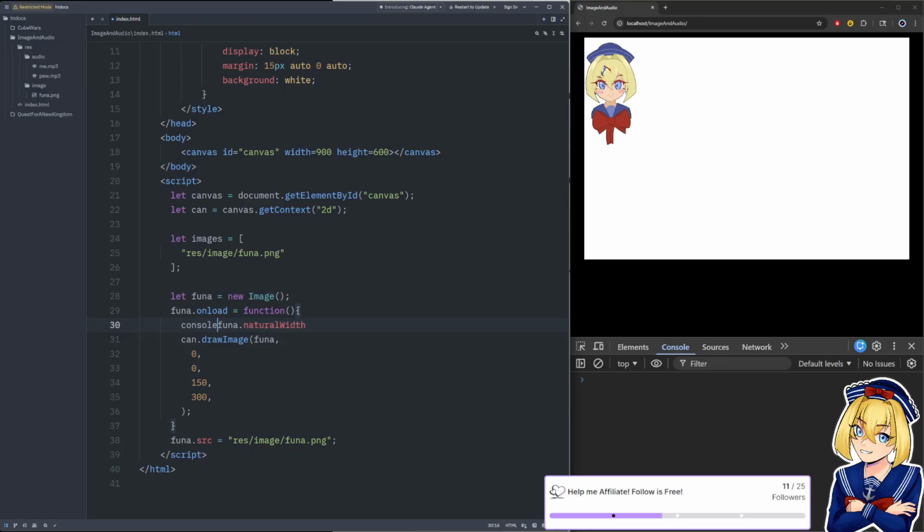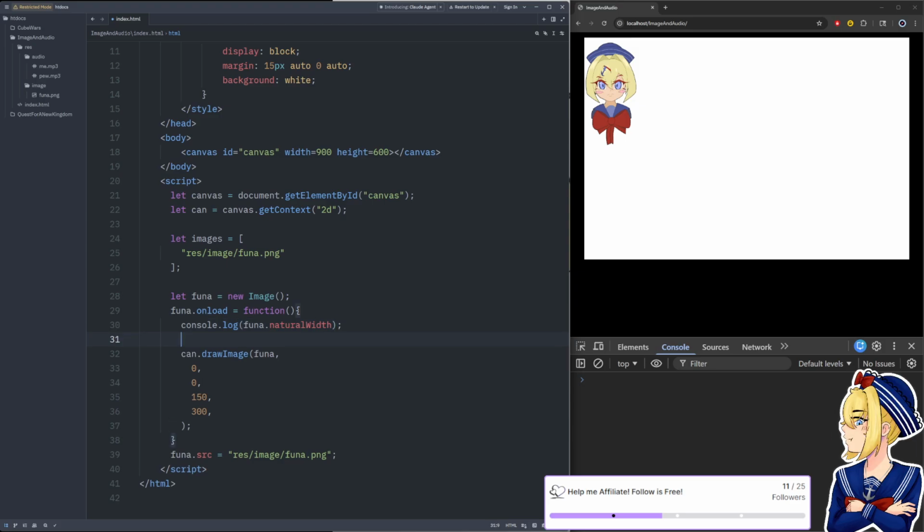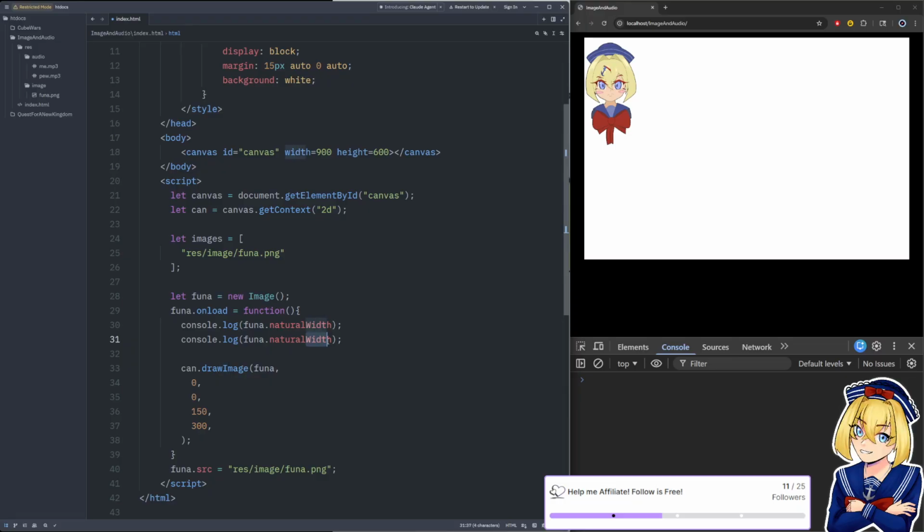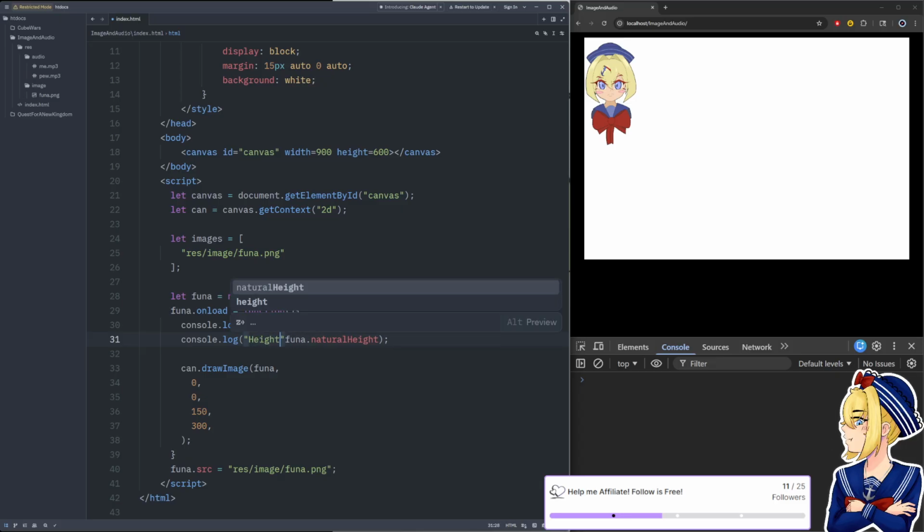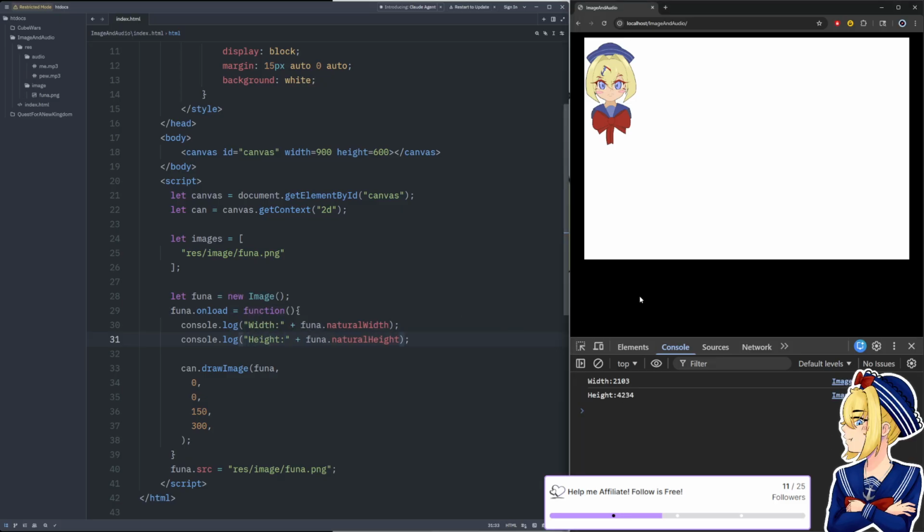Let's just log this, and then log the natural height, if I can type. Okay, so now we see the natural width and height of the image that we're loading.